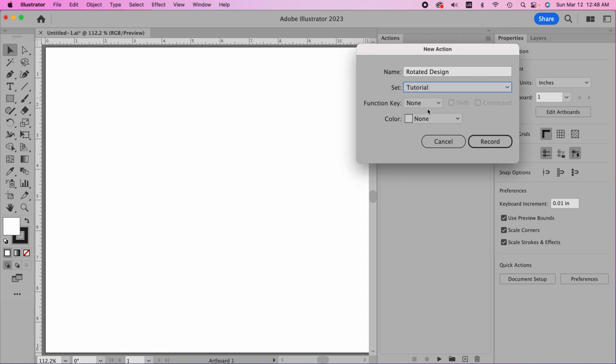Then if I want a function key, which works like a keyboard shortcut, I'll click on this little pull-down menu, and here's a list of what I can choose from. I'll choose F1, and if I wanted to, I could also use Shift and Command by just clicking these. In fact, if F1 is already in use, Illustrator will automatically click on one of these. But I like to keep this simple because in addition to pressing F1, I also have to hold the function key down to make it work. Finally, we have an option to add color to our action, and I'm going to give this a red color